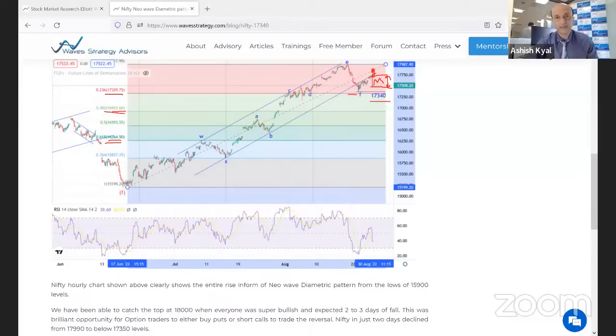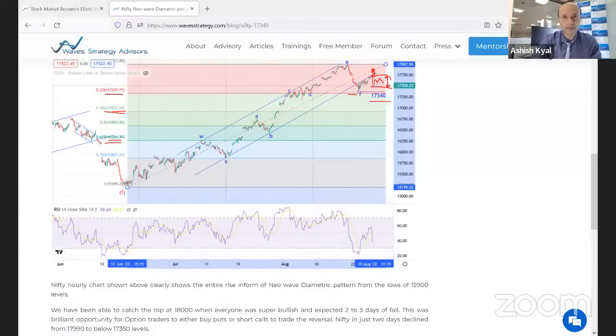For me, a very clear-cut indication is: only if we see a move above 17,756, we are heading towards a much higher level, forming a double top where E was, around 18,000. If we break 17,340, then we might start seeing a deeper correction with the first target at 16,922 and then much lower. In this way, we can form a trade.